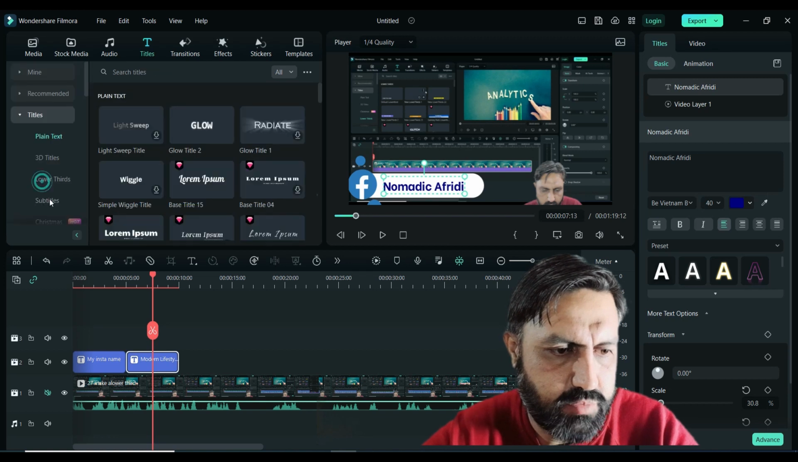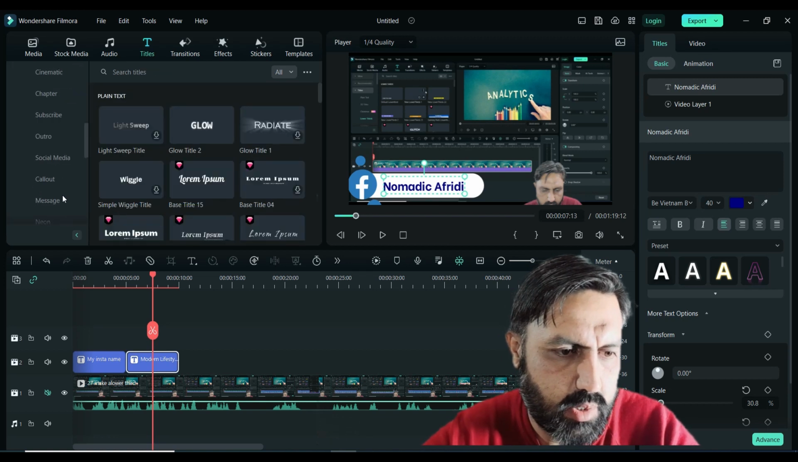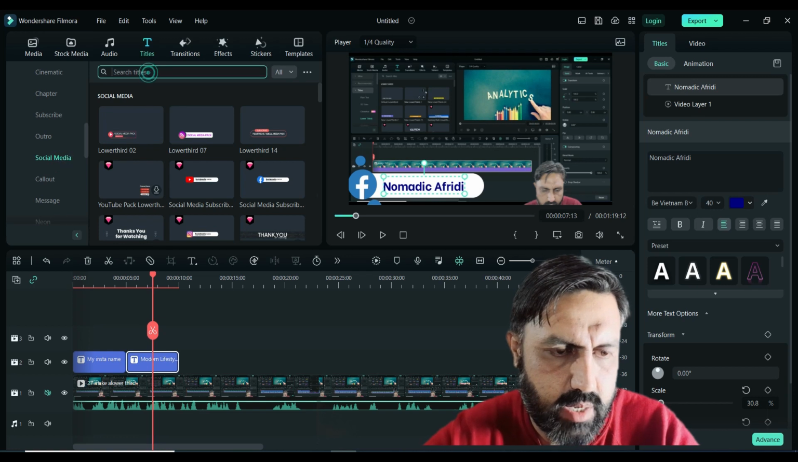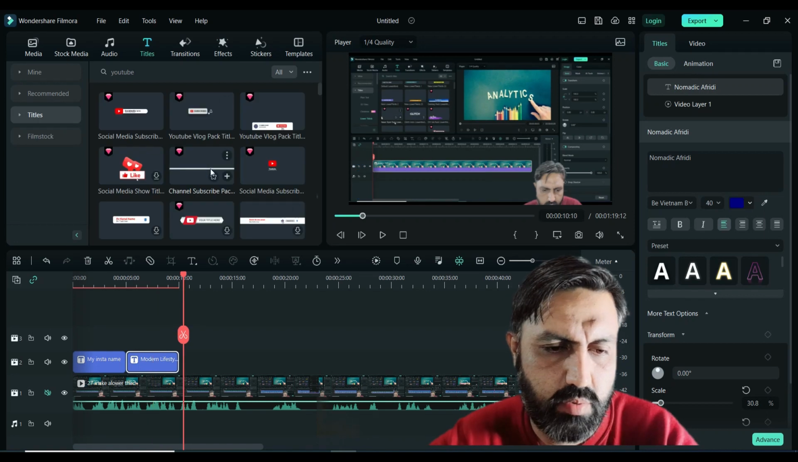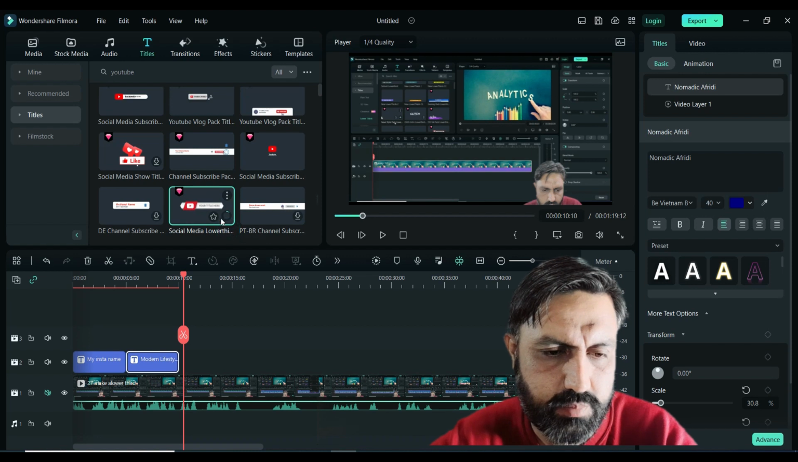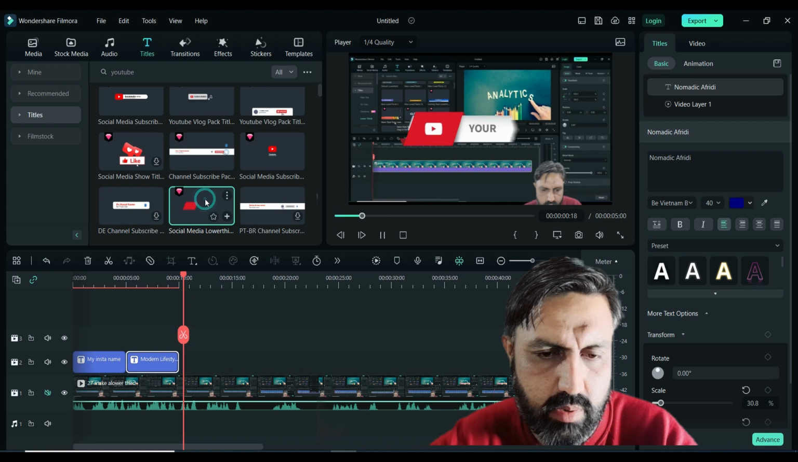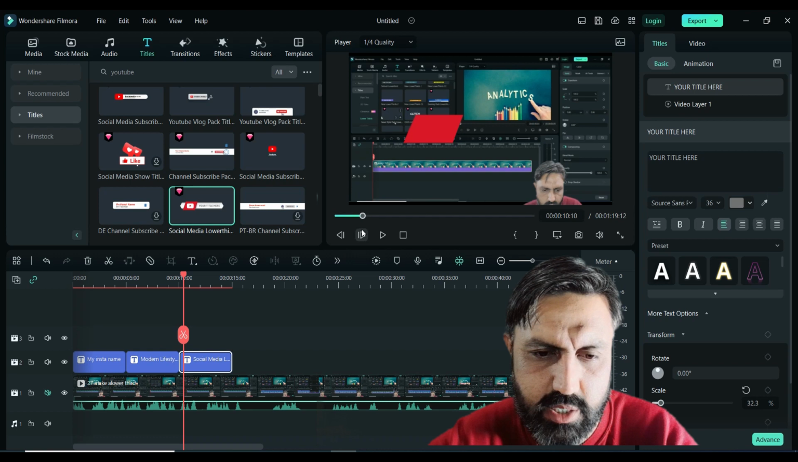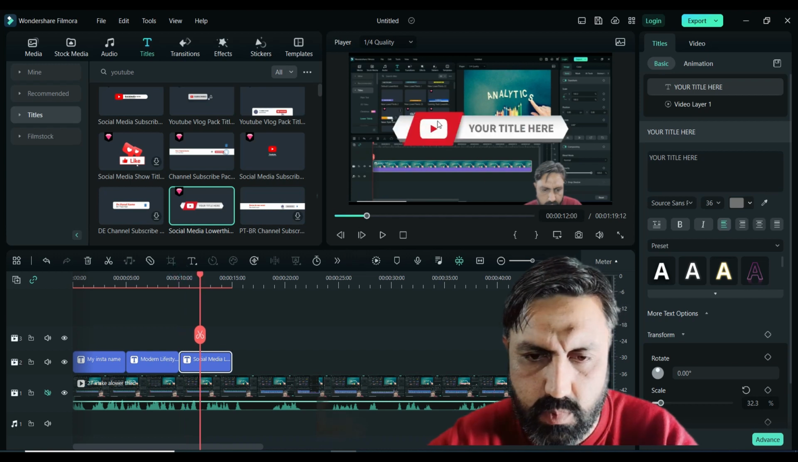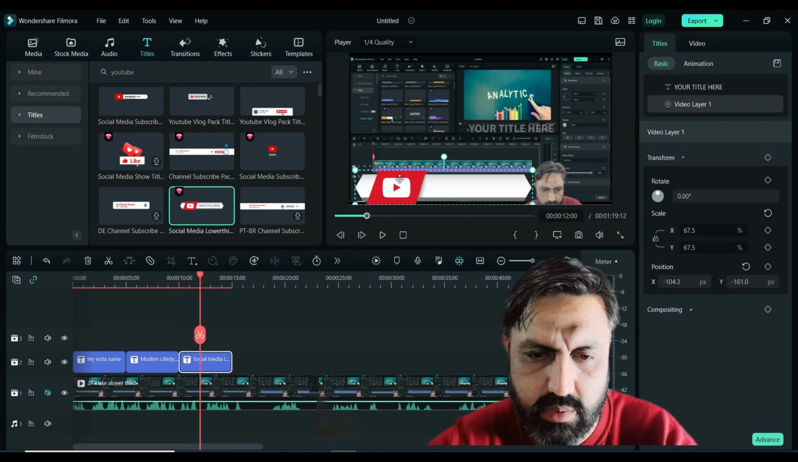Now I want to search for the YouTube, so click on the social media, and from here we search the YouTube. Now here we download the YouTube button. So click on it to download it. Now double click on it, and from here drag and drop to create this button. Now click on this button. First I resize it,